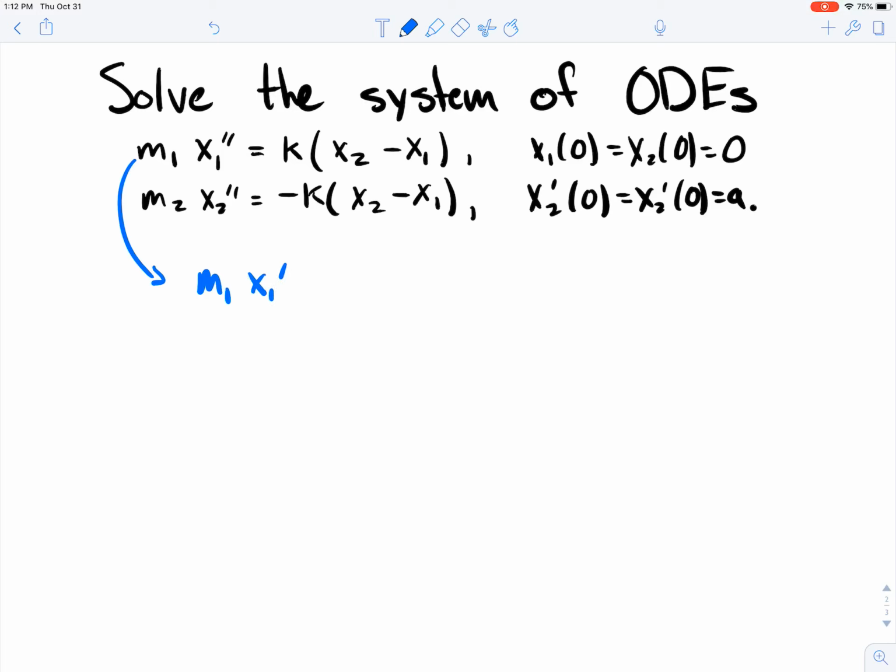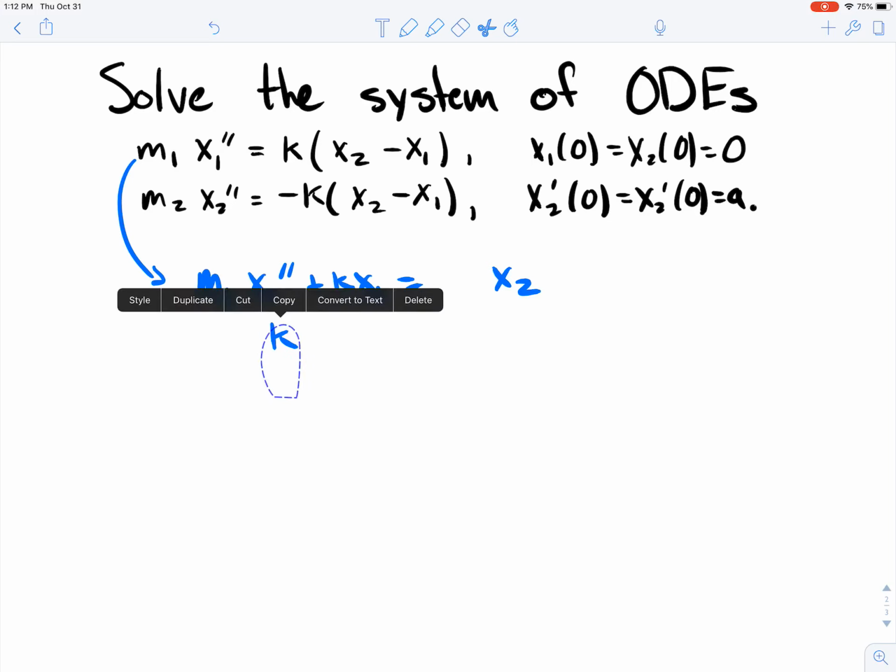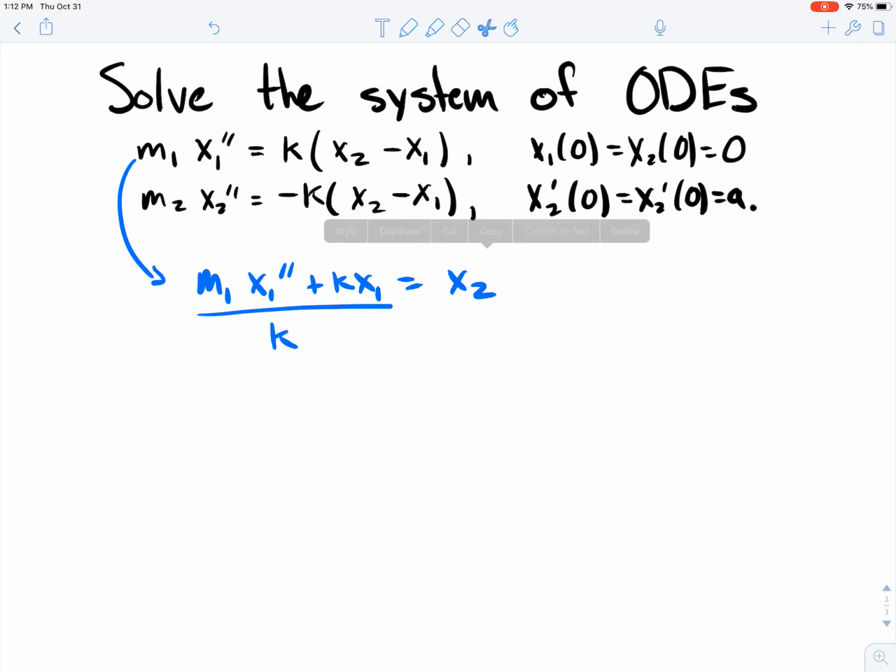is we can solve for x2. And you're going to notice that everything else on the left is in terms of x1. So then we can go ahead and just divide this over to this side. And this is what we get. We can then take this and plug it in to the second equation. So if we do that,